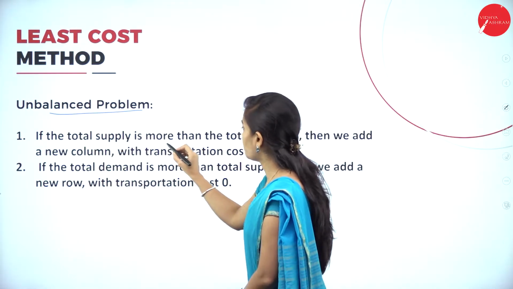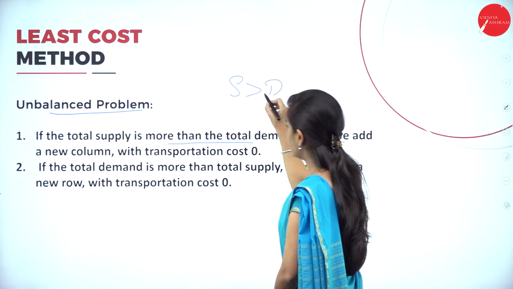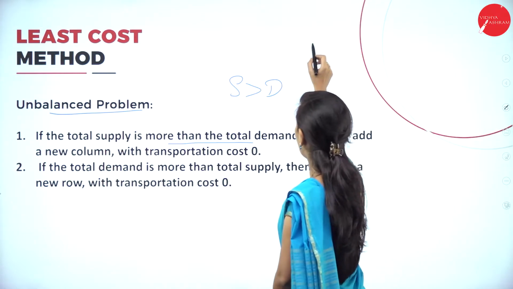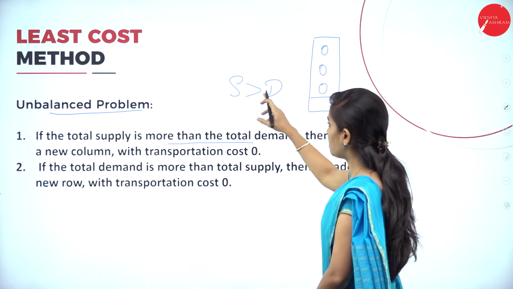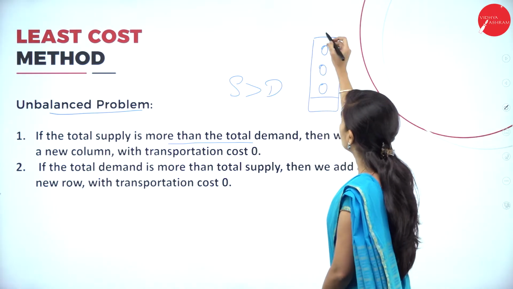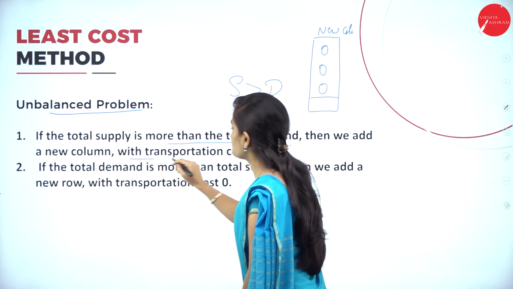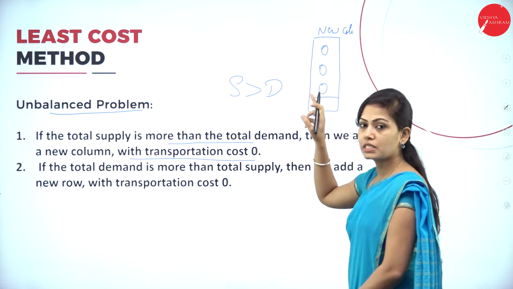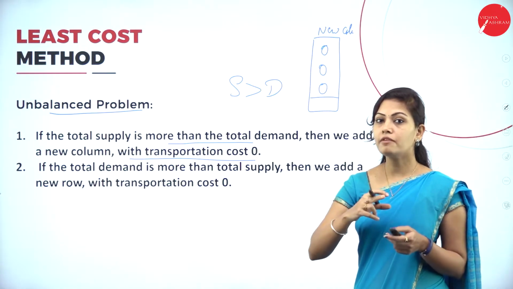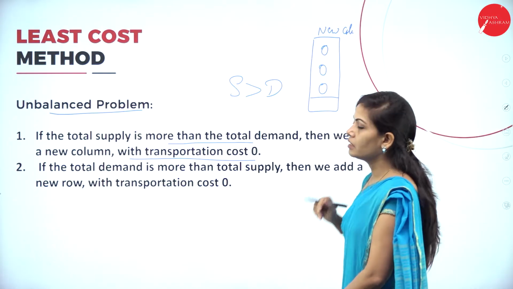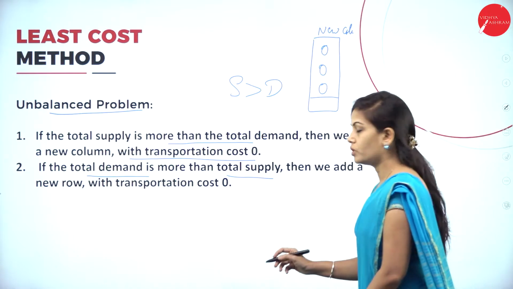If the total supply is more than the total demand, then we have to add a new column with 0 matrix. If your supply value is greater than demand value, we can add a new column, that is a dummy column, with transportation cost 0. So with transportation cost 0, we can add a new column called a dummy column. And if the total demand is more than the total supply,